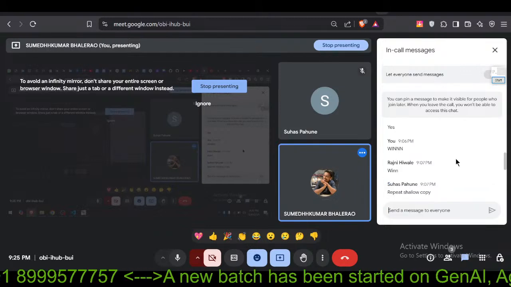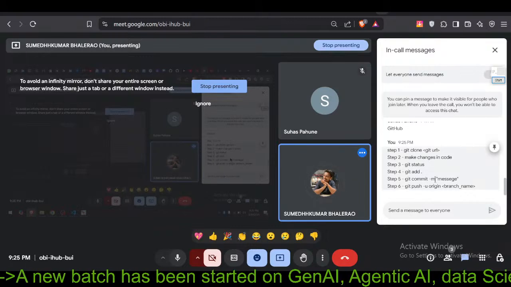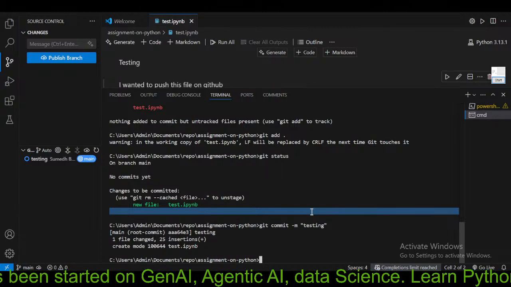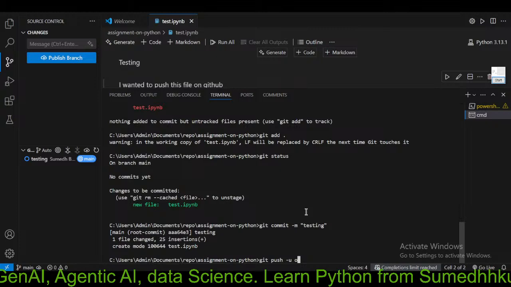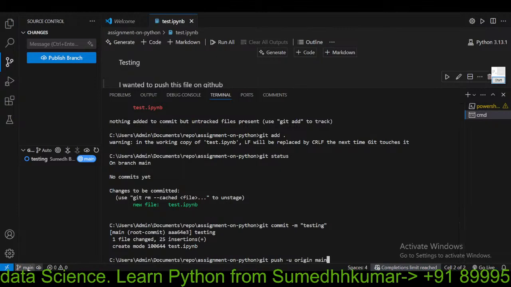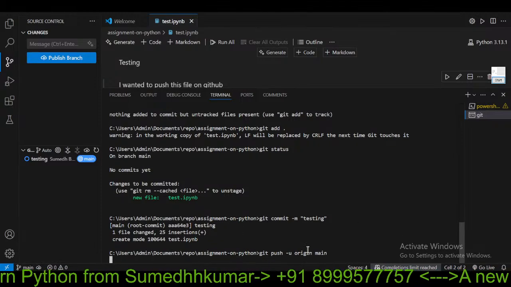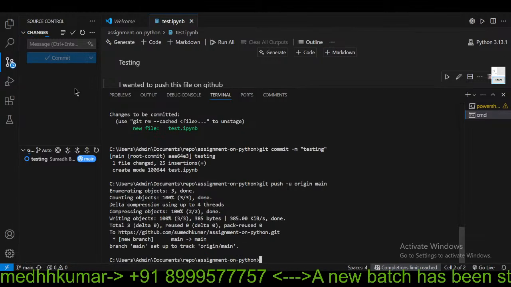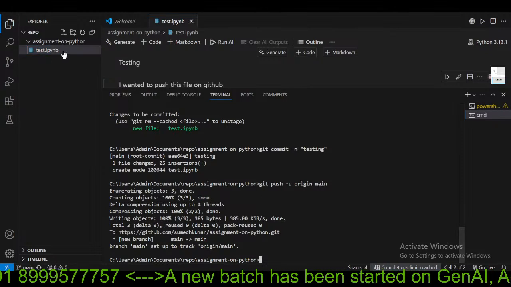Let me just, so these all are things there, ठीक है, ये सारी चीजें हैं। So now what I will say is git push -u origin main, ठीक है, ये मेन ब्रांच है हमारी, you can see. तो पता नहीं this will work or not, because we need to create a branch first, okay, this has worked। तो ये जो सारे changes you can see, this all changes has been pushed, अभी ये untracked नहीं दिखा रहा है।